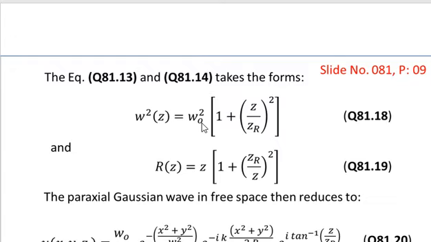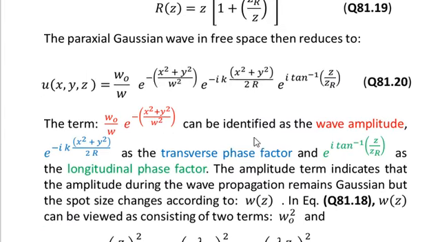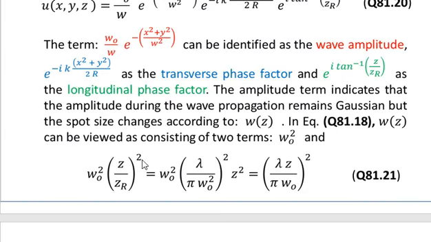If you multiply this W naught square inside, you can consider that W square of z is the sum of two terms. One is W naught square, the other is W naught square multiplied by square of z over zr. This second term can be written as W naught square into the square of lambda over pi W naught square, and z square outside that. Combining all these terms, we can write this term as lambda z over pi W naught whole square, as shown in equation number 21,